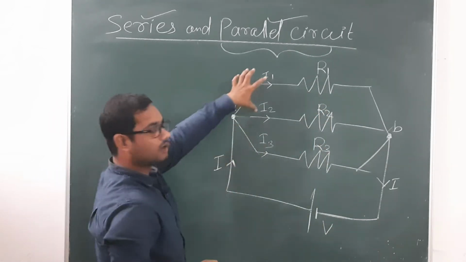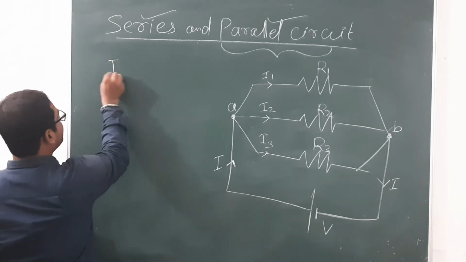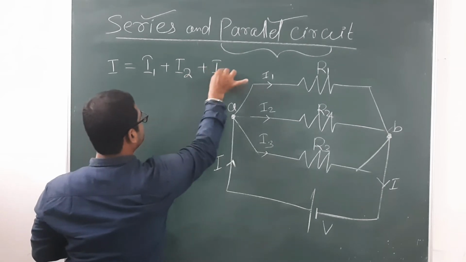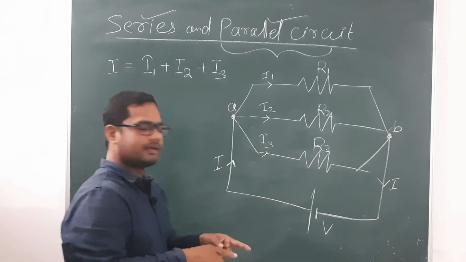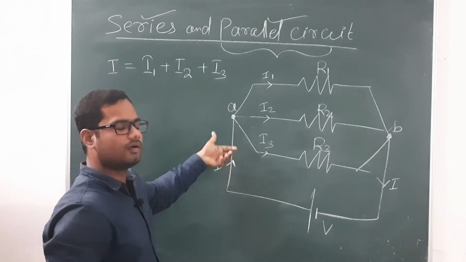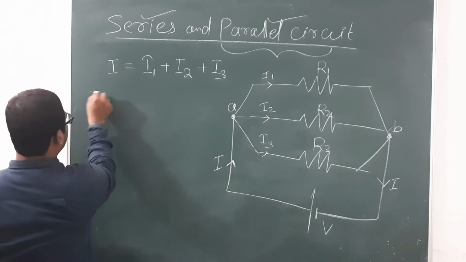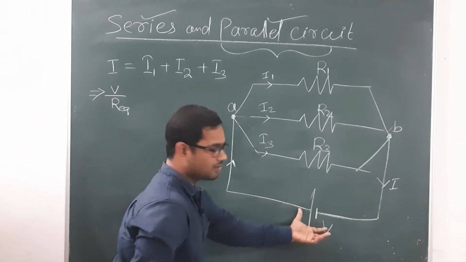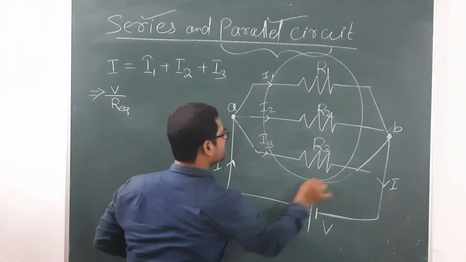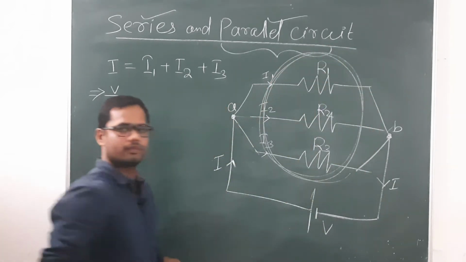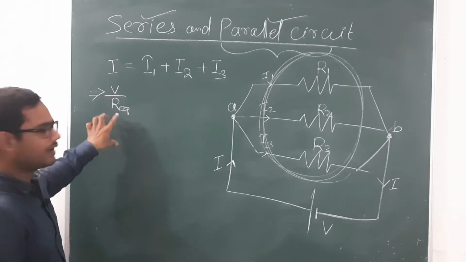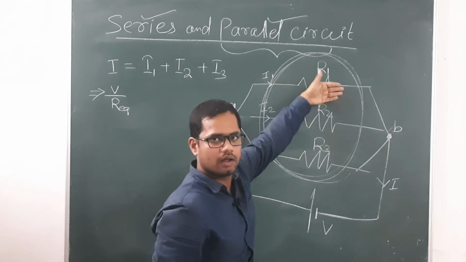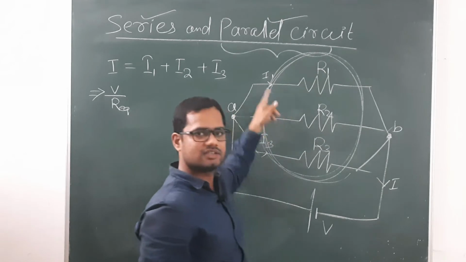If the same voltage is there and the currents are different, now you can say the I value will be equal to I1 plus I2 plus I3. In the same manner, you apply your KCL and your Ohm's law. Your I will be equal to V by R equivalent, because whatever the V is, this one is the V, and these all are your R equivalent. So this will be V by R equivalent, and I1 means the current through R1. The current passing through resistance R1 is called your I1.